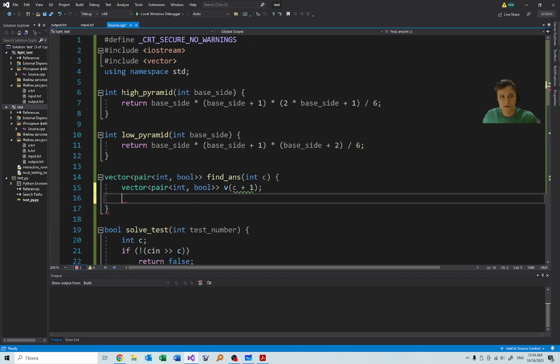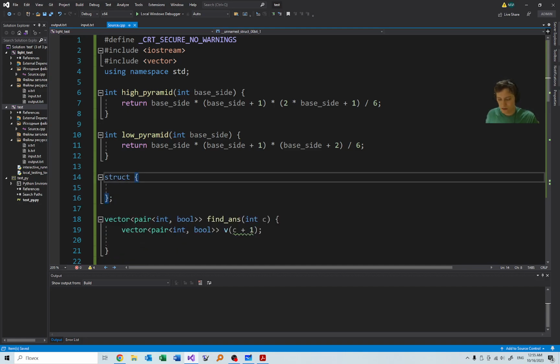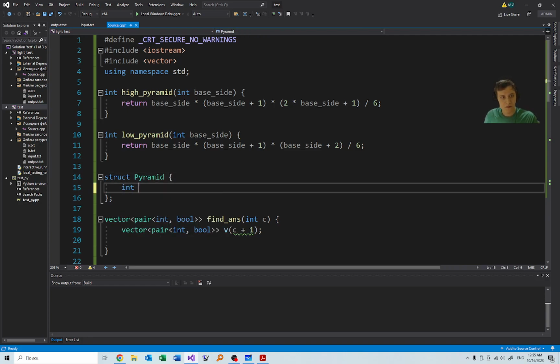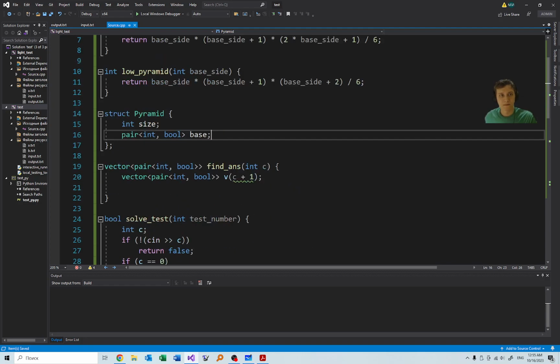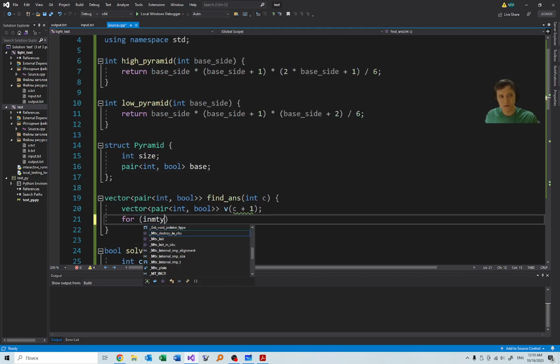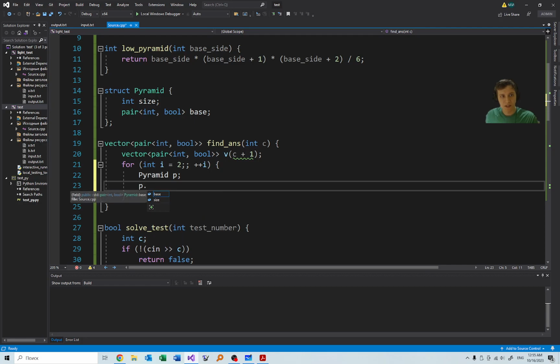So I actually want a structure for this. Struct pyramid. And it has its size. It has its type. Okay, let's go. For int i equals 2, plus plus i. So let's try a pyramid. p dot base equals i